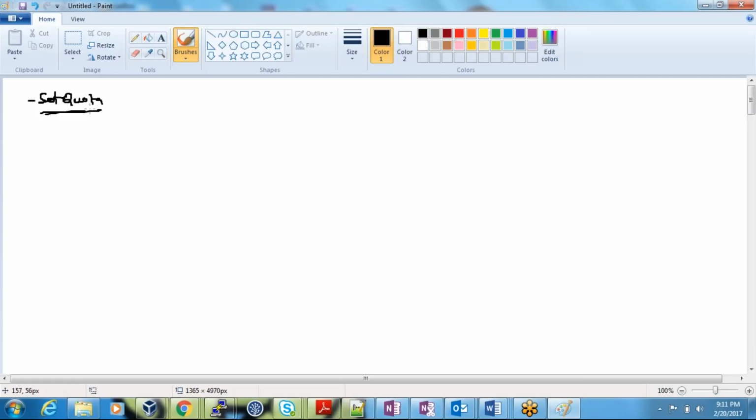Set quota. What I'm trying to do here is set a quota for a specific directory. Say you have user Hadoop, this is your HDFS path I'm talking about. In this you have something called the data directory. The directory name is data. So in this directory tree,